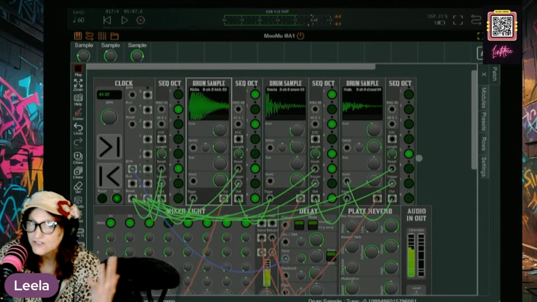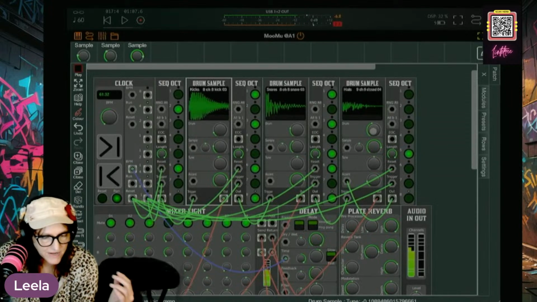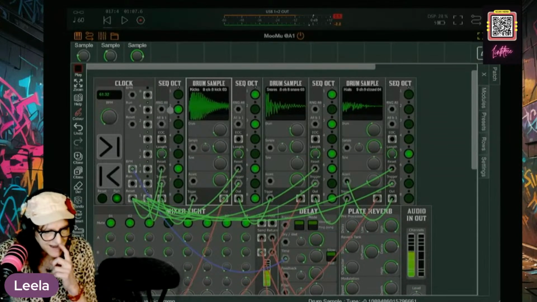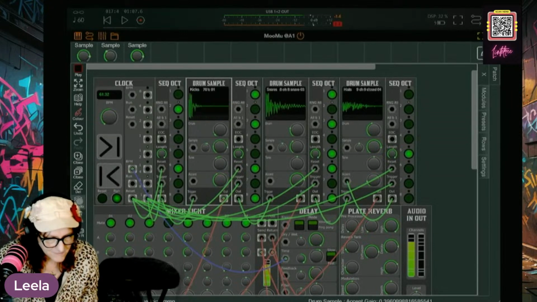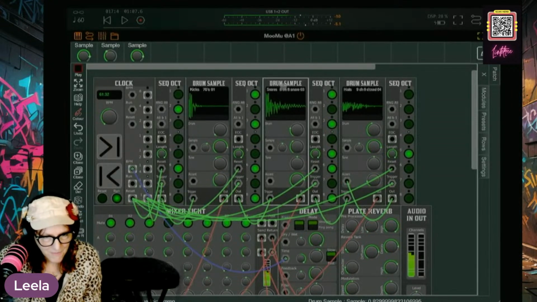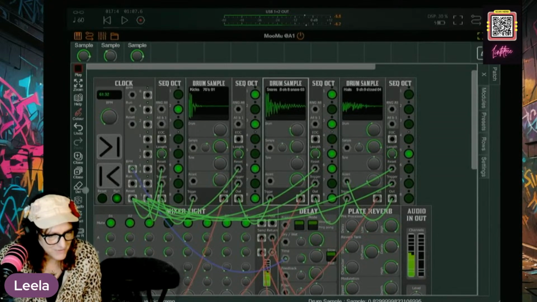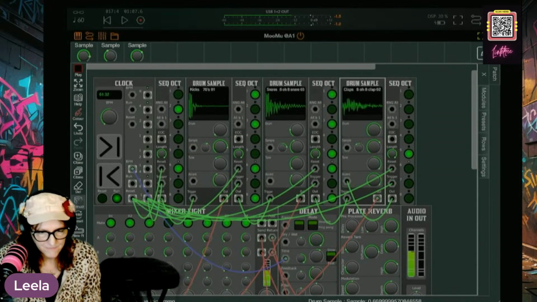So now you can just work with the patches that are already here. But now let's use the randomizer. What? This is going to be crazy. Come over here and randomize drum sample again. Randomize the third drum sample.